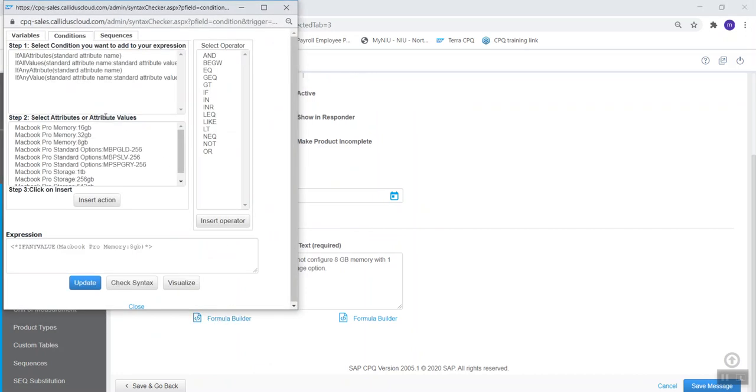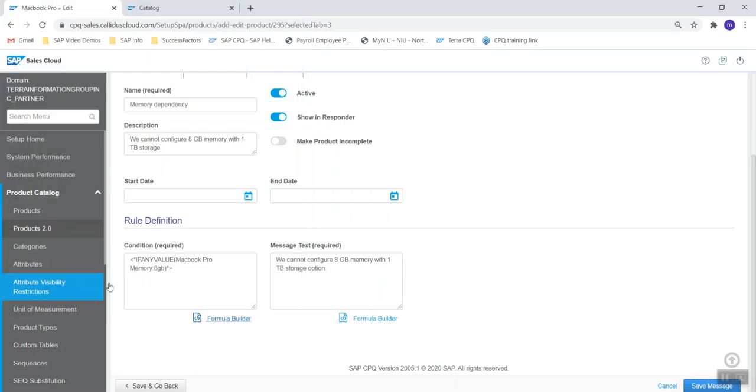We would select if any value, again, because we're focused on the 8 gigabyte memory. And then we would select the MacBook Pro memory of 8 gigabyte, insert the action. And now we have that if any attribute value which is selected is 8 gigabyte memory, we want a message to be displayed. We would check the syntax, it is okay. We would hit update. And then in our message text, we would just simply write what we would want to be